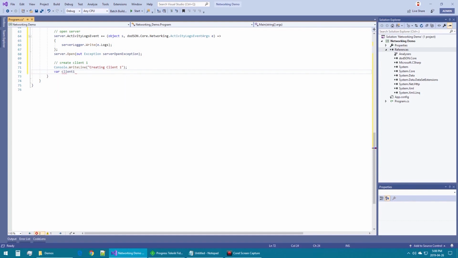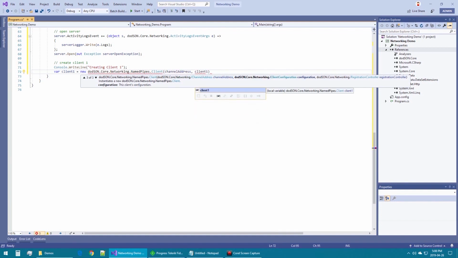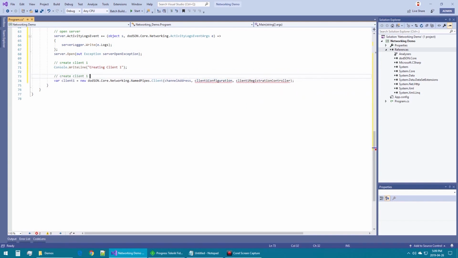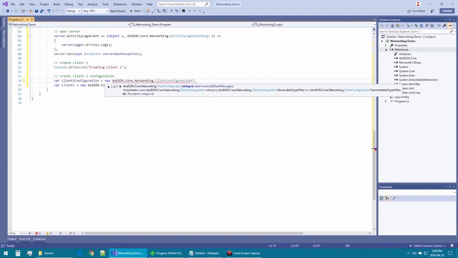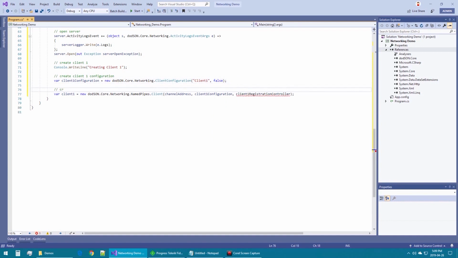Next, we will create a client. The client requires a channel address, a client configuration, and a registration controller. We will use the same channel address that we created for the server because we want to connect to the server's communication channel. The client configuration contains the unique ID for the client and whether or not it should receive